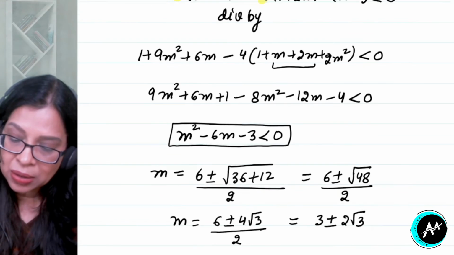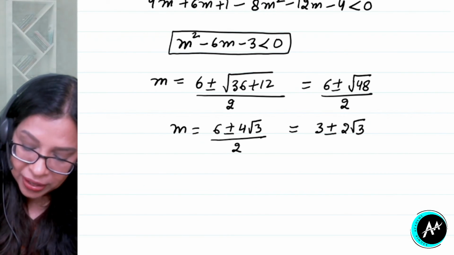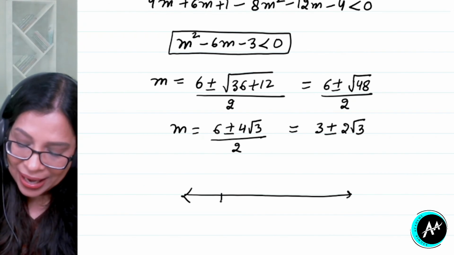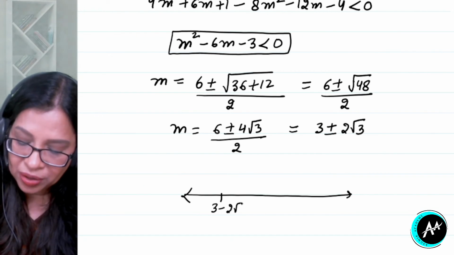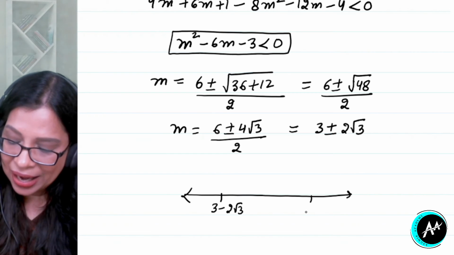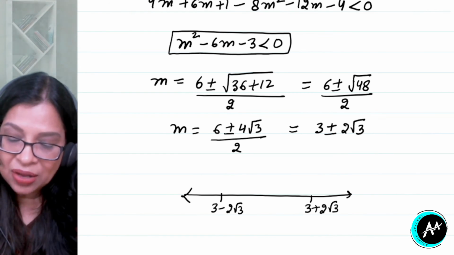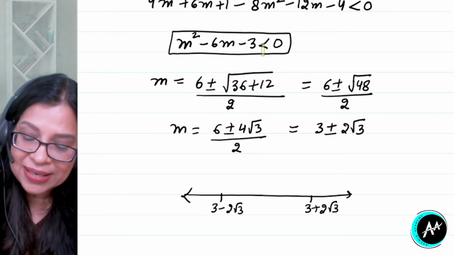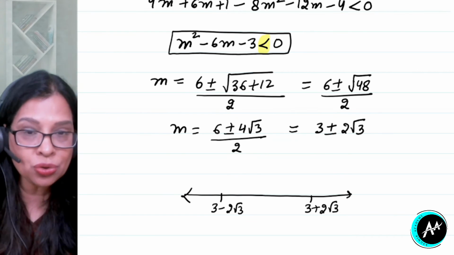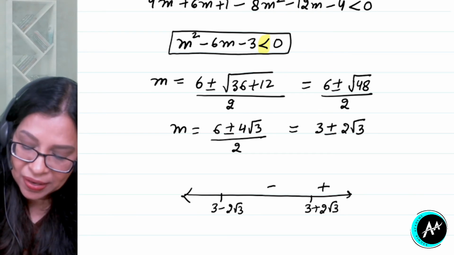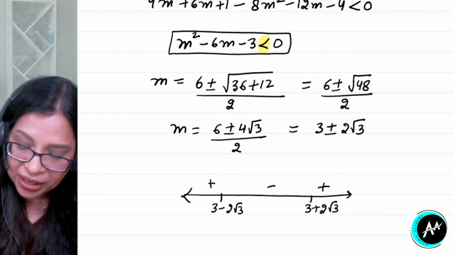Now you know that smaller value will come first on the number line. So I will have 3 minus 2 root 3, right? And then I will have 3 plus 2 root 3. Now in the inequality we have less than 0. See, we have less than 0. So remember what we used to do? We used to write plus minus plus. And because it is strict inequality, we have